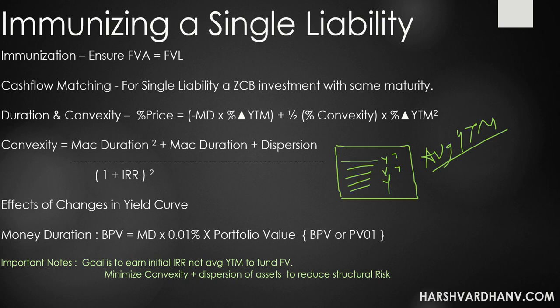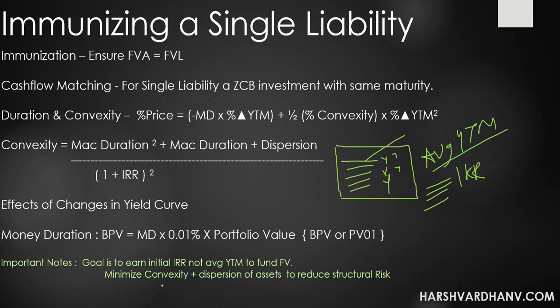So what you need to do is basically take individual securities, take the cash flows, compute the IRR for each cash flow, and so on and so forth. There are some 6 to 7 steps given in the book. You can compute that IRR. It's not required in the exam. It's just given for your information that the goal is to earn the initial IRR and not the YTM. What the author is telling over here is basically if you take YTM as a substitute for IRR, then you could end up with an underfunded portfolio because you have taken the lesser yield to maturity as a base.